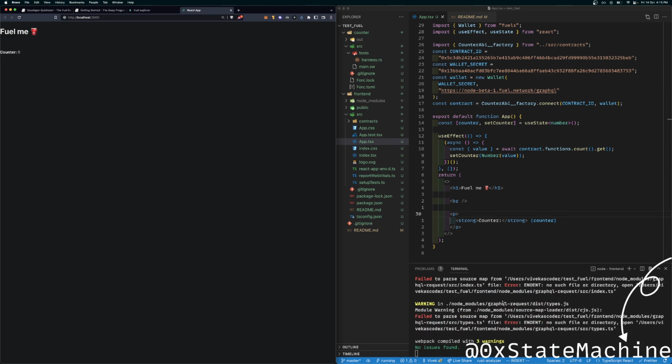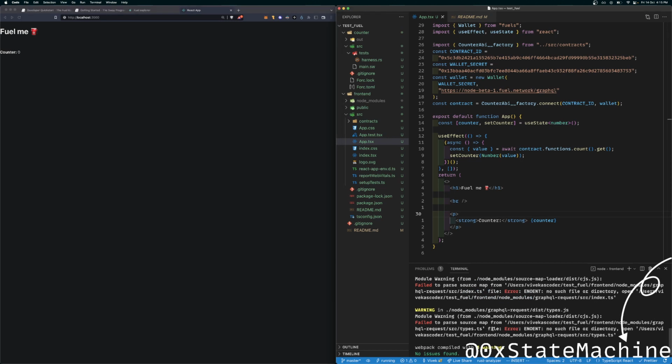Why do I have a lot of issues? No file or directory. Test fuel front-end node modules, GraphQL requests, source and types. I don't know why this is an issue.